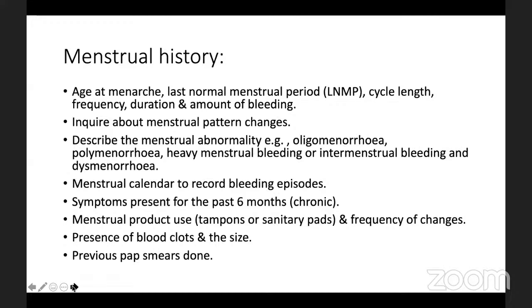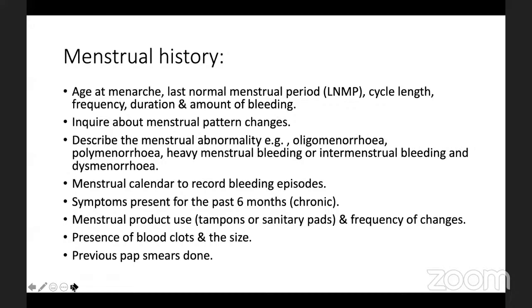For example, the perimenopausal and menopausal, where there is a pattern change indeed as women move into that space of their life. Also, you can have young girls who start menstruating, but then it stops, which are anovulatory. So you need to inquire about that. Okay, then there's a need to describe the menstrual abnormality. That is, if there is oligomenorrhea or polymenorrhea or intermenstrual bleeding,